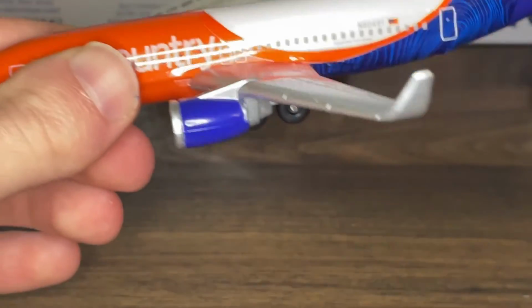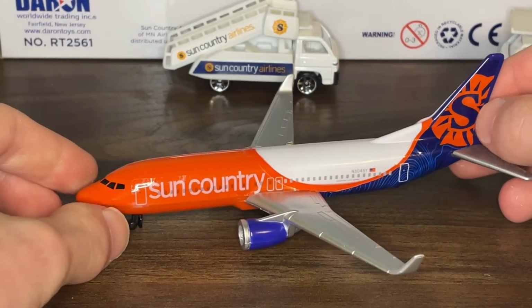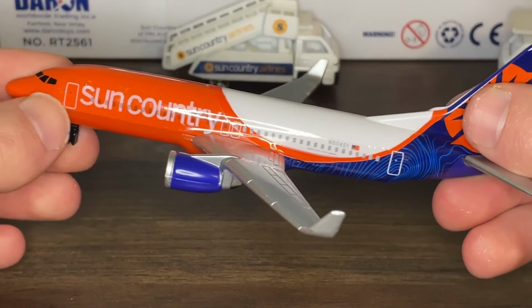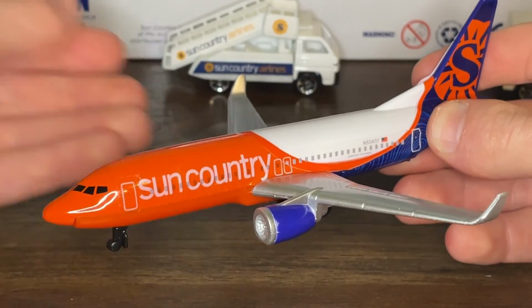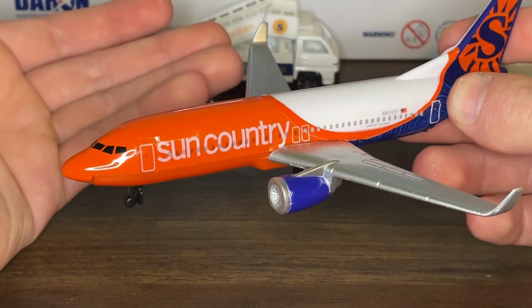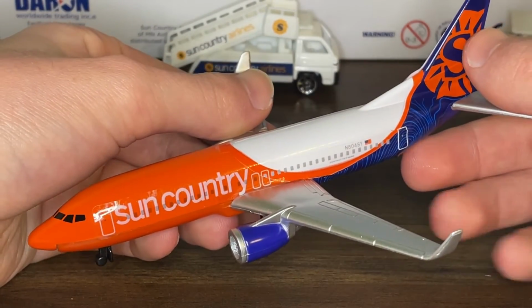So yeah, this model was only distributed as a single plane. It still is currently a common model. And yeah, I think it'd be really cool if Realtoy updates this model to be fully painted. I'm just hoping that for anyone who has not gotten this model yet, if you are either a new Realtoy collector or just haven't gotten it yet, I highly suggest that you get this model,